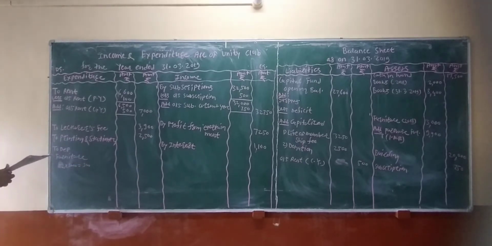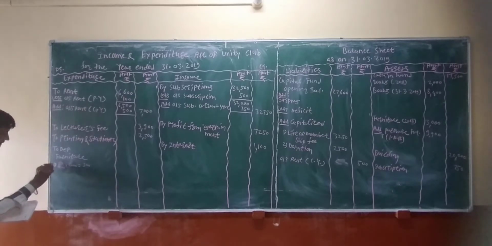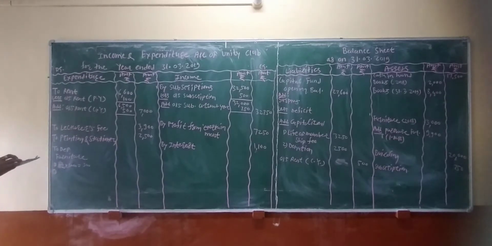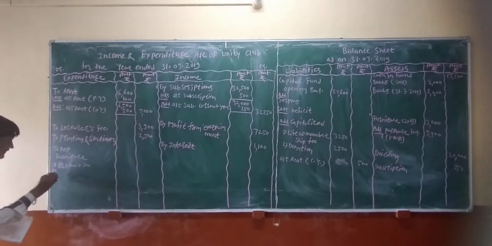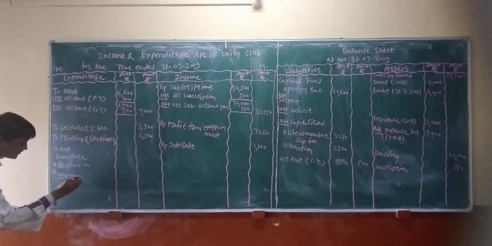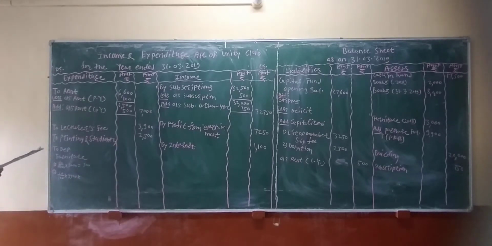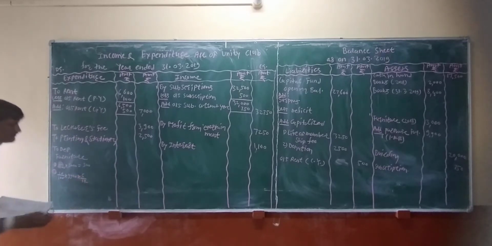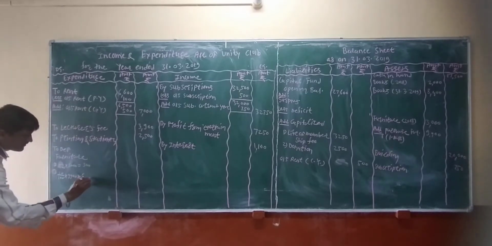3,300. Next, the second is 9,900 at 10%, divided by 100, into 9,900, for 6 months. You can see this is including purchases. Furniture is already given: October, November, December, January, February, and March. So actually it is 6 months, so 6 divided by 12. As it is, you can calculate the depreciation.